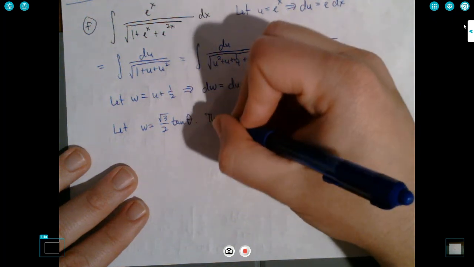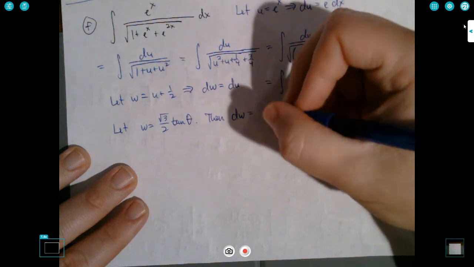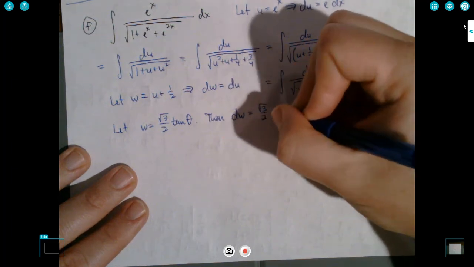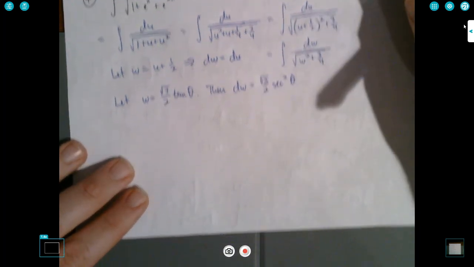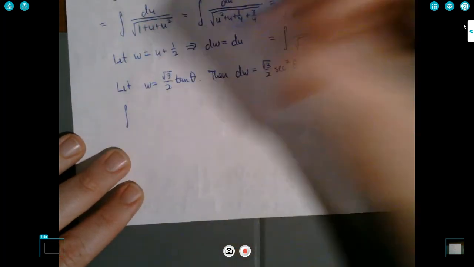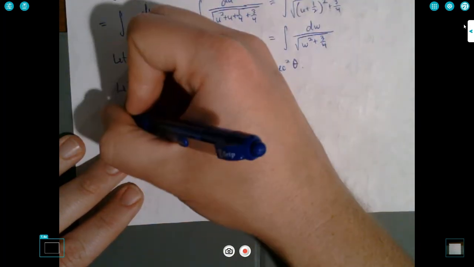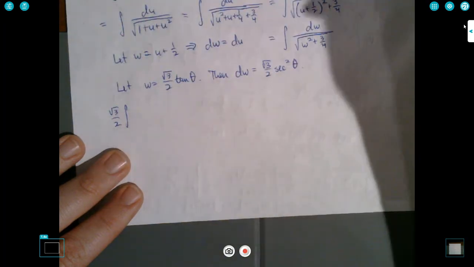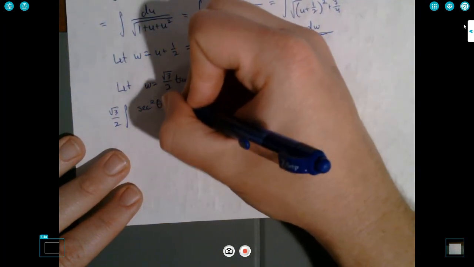Then dw is root 3 over 2 secant squared theta. And the integral of dw is now root 3 over 2, which I'm just going to pull out, root 3 over 2 secant squared theta d theta